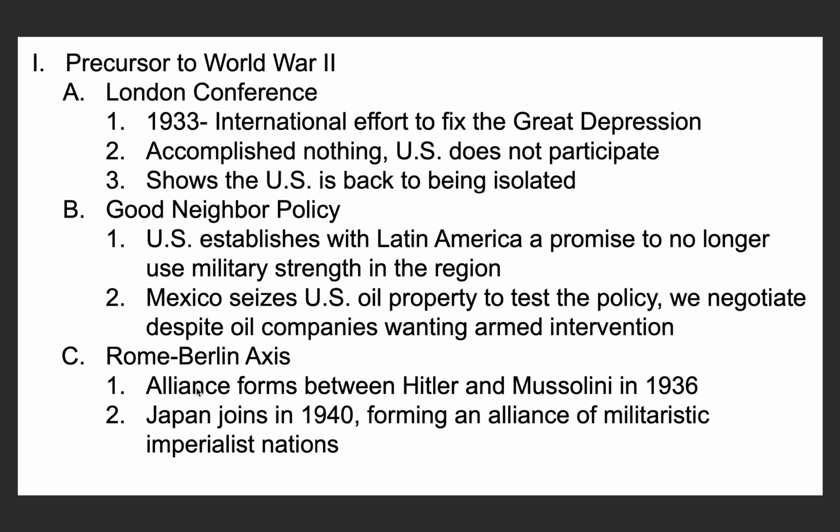Okay, now this alliance is going to form between the fascist leaders Hitler of Germany and Benito Mussolini of Italy, who I'll talk about more here in just a few minutes. But those two decide that they wanted to form a fascist alliance to block out communism and make essentially militaristic empires able to rise in Europe again. Okay, now those two formed this Axis in 1936. It expands in 1940 as Japan is going to join that, officially forming the Axis powers, this new alliance,